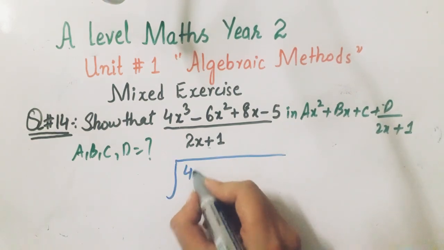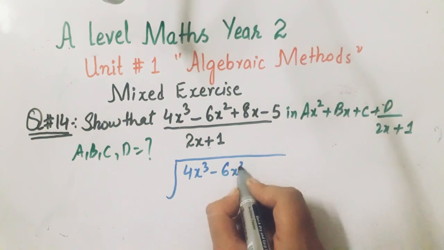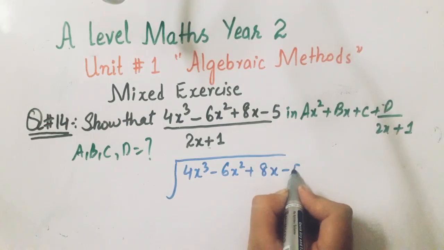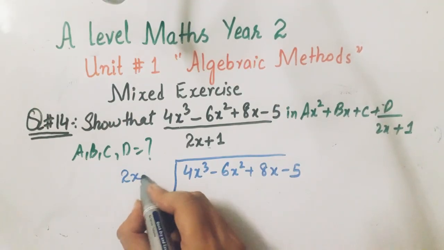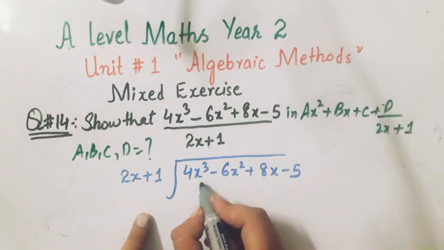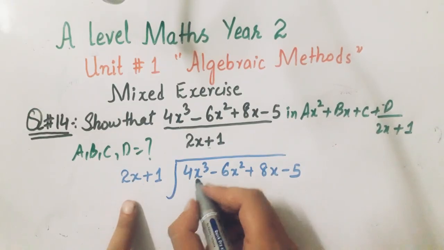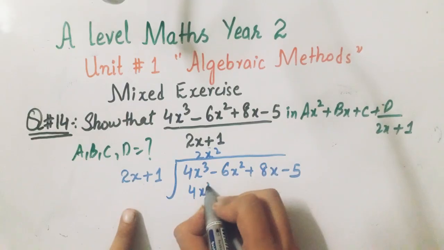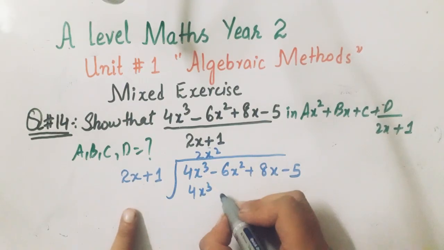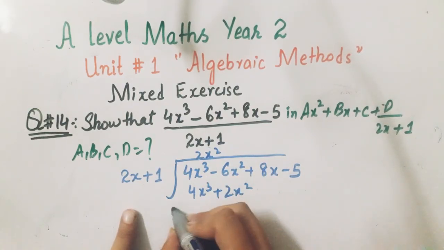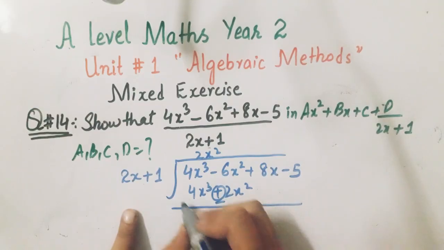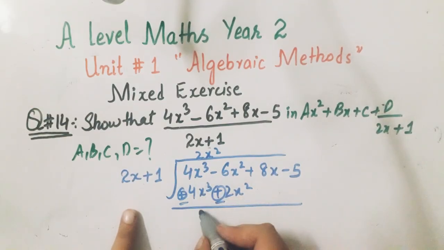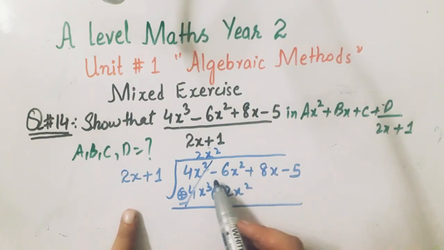So write 4x cube minus 6x square plus 8x minus 5, and this is 2x plus 1. You have to make 4x cube. For this purpose, 2x is multiplied by 2x square, so it will become 4x cube. 2x square multiplied by 1 gives 2x square. Now change the signs. 4x cube minus 4x cube cancel out. Minus 6x square minus 2x square is